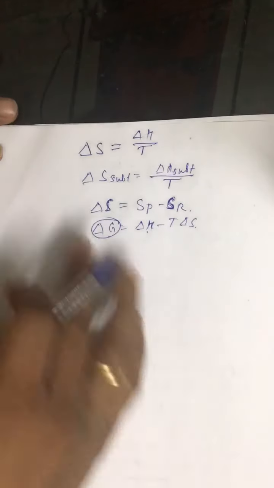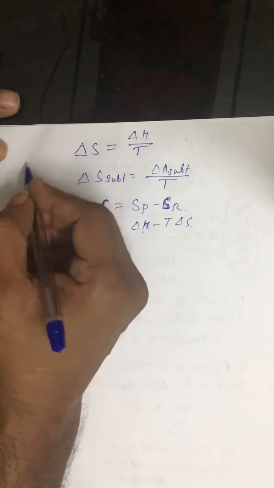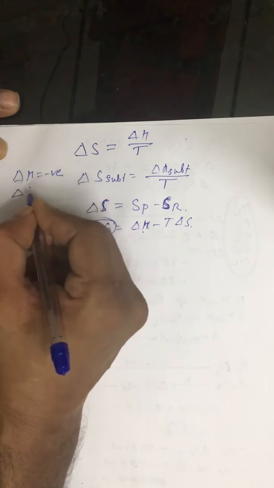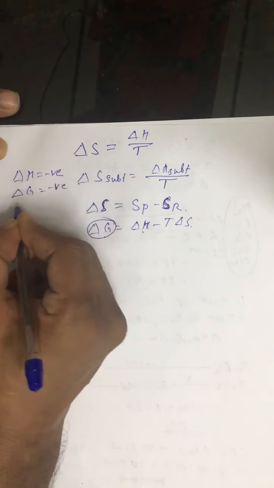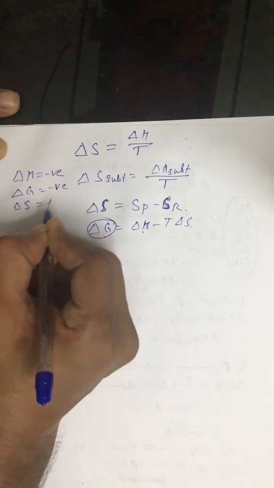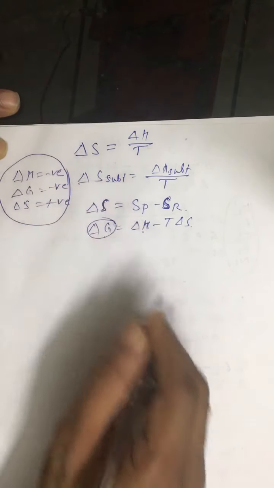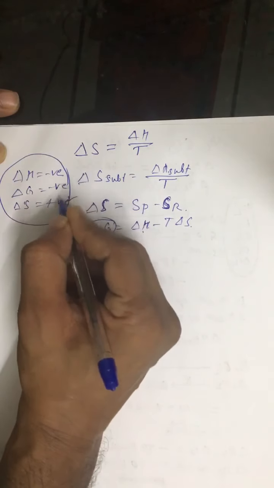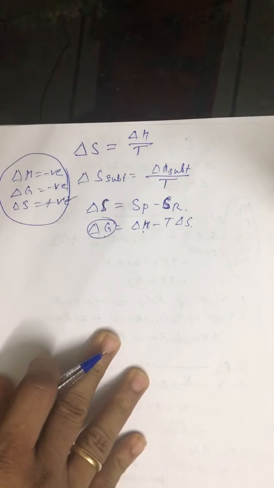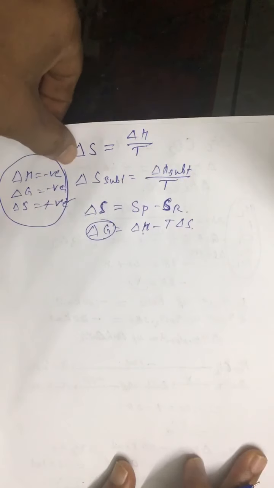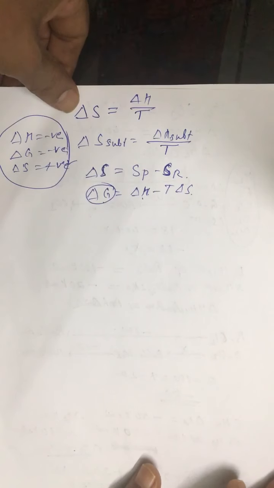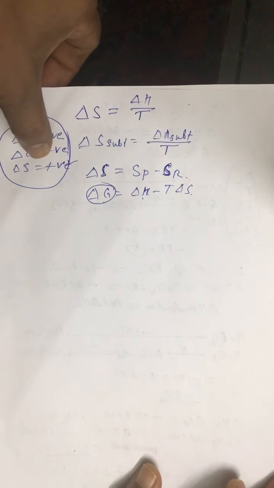Now one more question, that is a very common question. Any process which is spontaneous, normally we say if ΔH is negative or ΔG is negative, and ΔS is positive, these signs represent normally a spontaneous reaction. Which is the best way? It is entropy, or on the basis of free energy we can say a process is spontaneous or not. It is not necessary that if a process is exothermic it is always spontaneous. So spontaneity can be known by this factor.